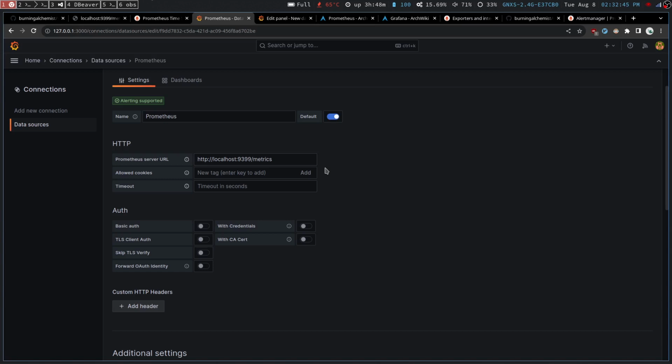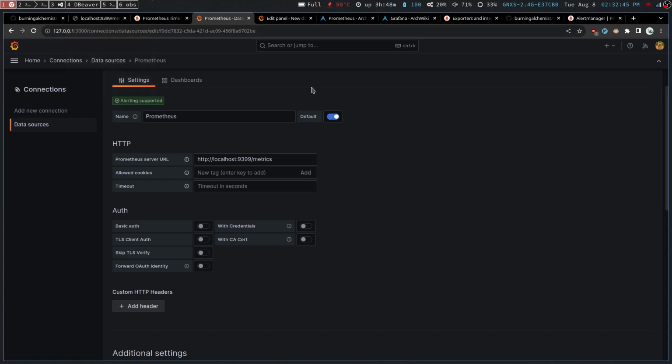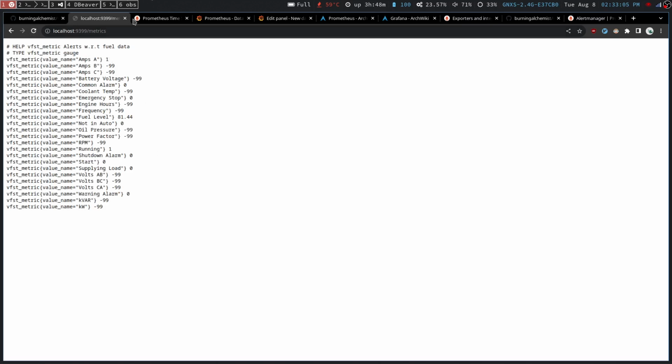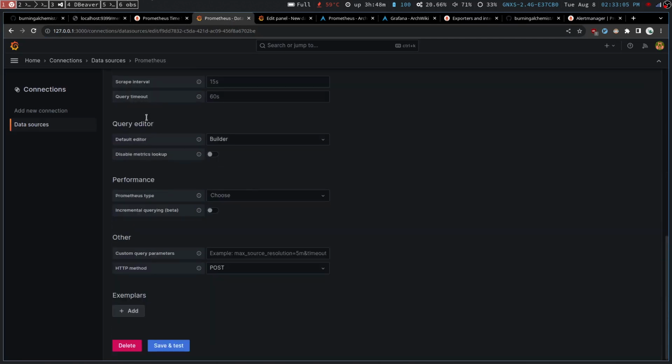The data the SQL exporter is exposing is something Grafana can understand. So just keep the endpoint of the matrix, which is the SQL exporter. I hope you can now see this data. Once you can see the data, just feed in this endpoint to Prometheus